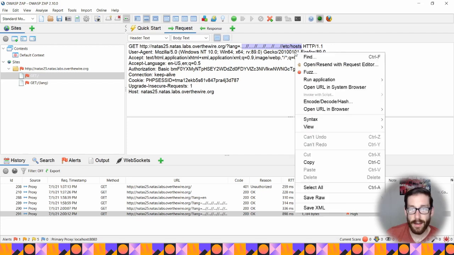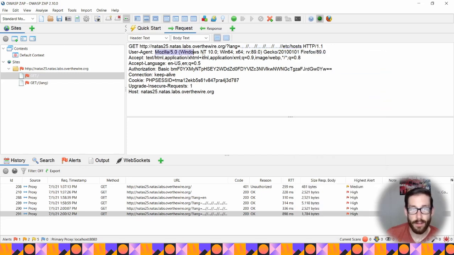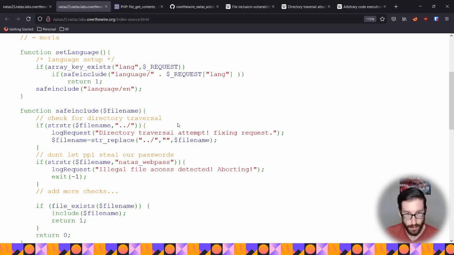In addition to that, we see a few other things. So we have our user agent string, which is something that we can control. And we also have a few other items here that we can control as well. Then we have our PHP session ID. So the reason we know that we actually can and want to control the user agent is if I scroll